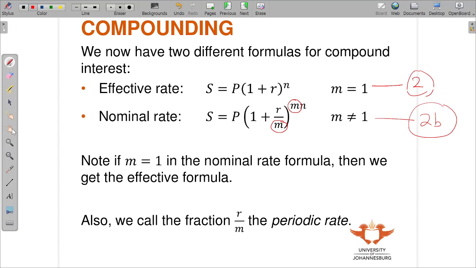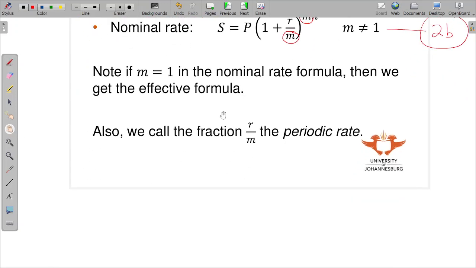This equation 2b is a general one to equation 2, so I write it again and I say S equals P times 1 plus r over m